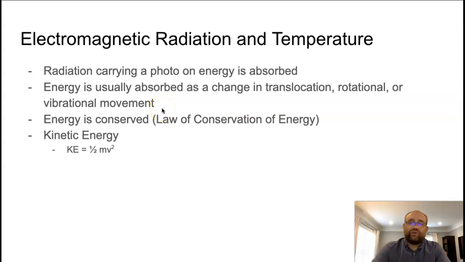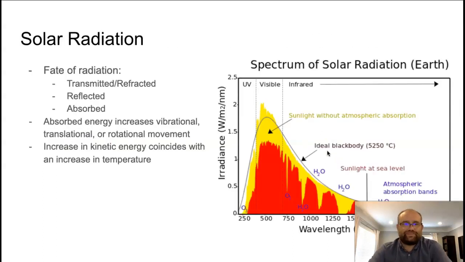Now, related to energy is movement measured with kinetic energy, and that's also related to temperature, as we'll see. So the equation for kinetic energy here is K equals 1/2 mass times velocity squared. So if the mass of an object remains the same, but the velocity would increase, perhaps it got bombarded by a bunch of photons, and its velocity increases, then we would see an increase in kinetic energy, which will also relate to an increase in temperature.